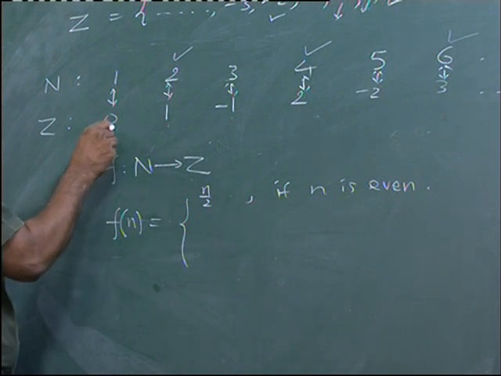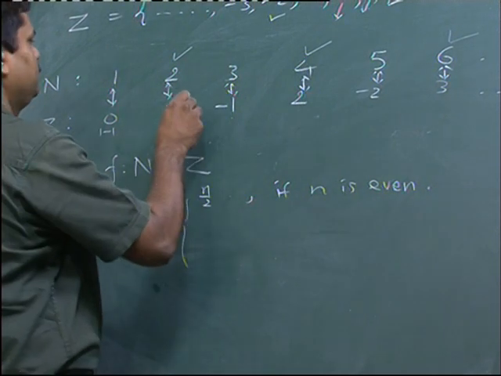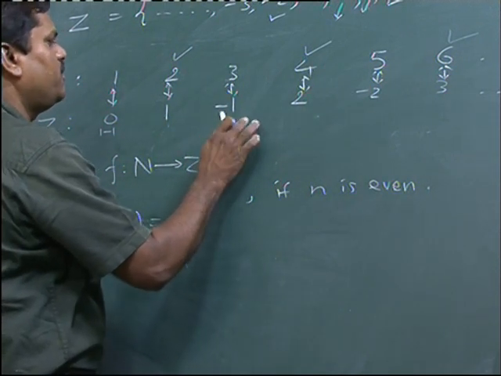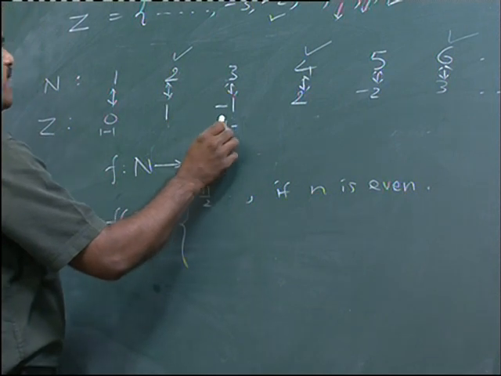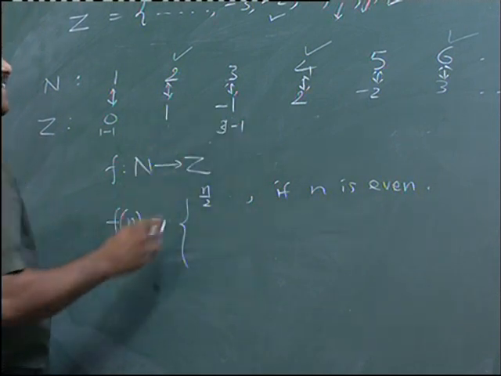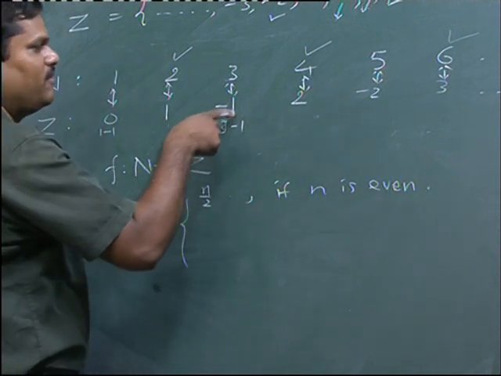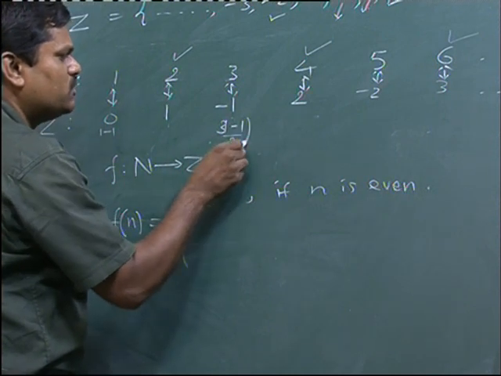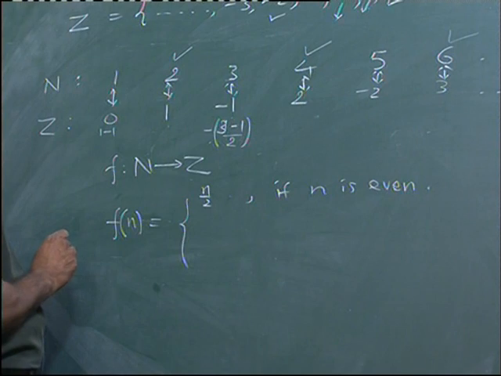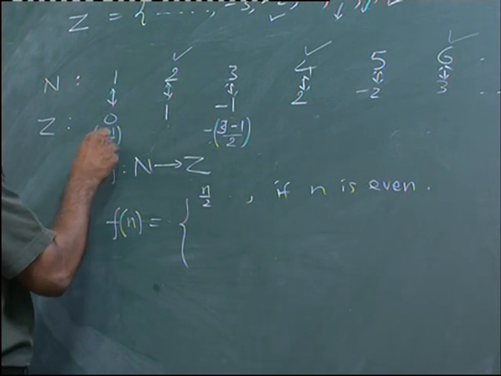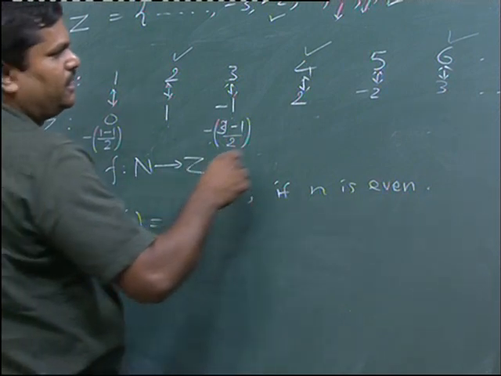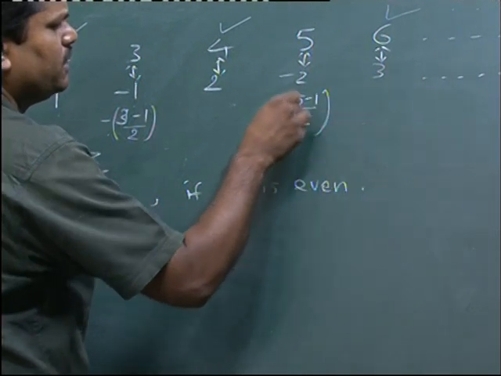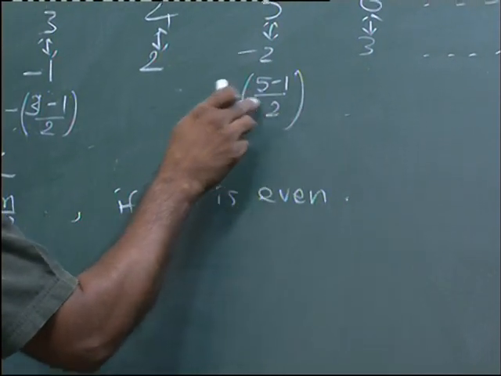You observe that it is 1 minus 1, so 0, then 3 goes to minus 1. So, it is 1 minus n minus 1, so 3 minus 1, it is 2, but I want 1 and with minus sign, this value is 2. So, I am dividing it by 2. So, I will get 1, but I want minus sign. Okay. Here I can do the same thing, 1 minus 1 by 2 with minus sign. Then about this number, 5 minus 1 is 4, 4 divided by 2 and giving minus sign. So, 4 by 2 is 2 and minus 2.